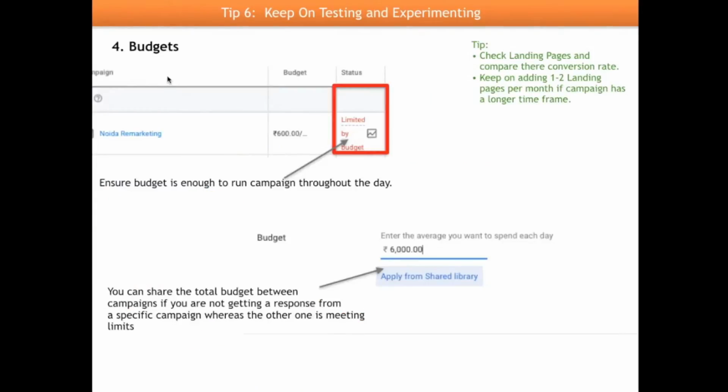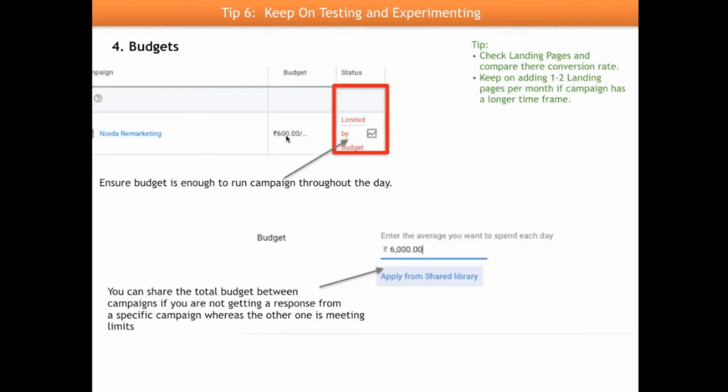Alright, then the budget. You need to check whether your budget is getting exhausted. If your campaign is getting limited by budget, that status will show, which means you can increase your budget. So ensure the budget is enough to run the campaign throughout the day. It should not be too low. If a click is costing $60 and 10 people come in the morning and click, and by the time most of your target audience is there, let's say post lunch, your campaign is not there, obviously you'll lose the opportunity. So if you see this red signal here, increase your budget and try to optimize your campaign.